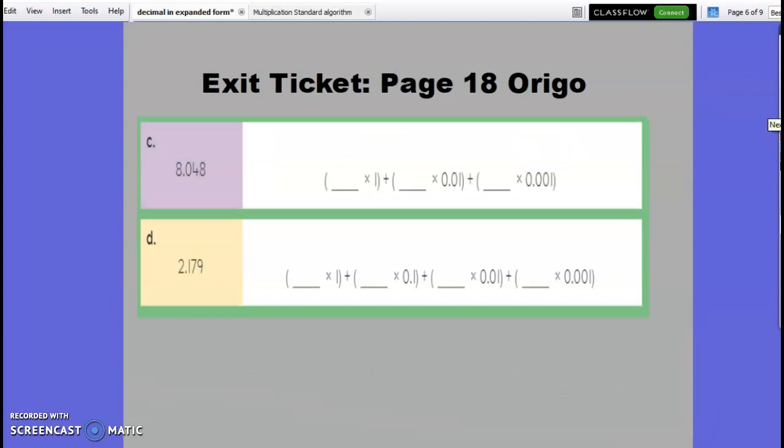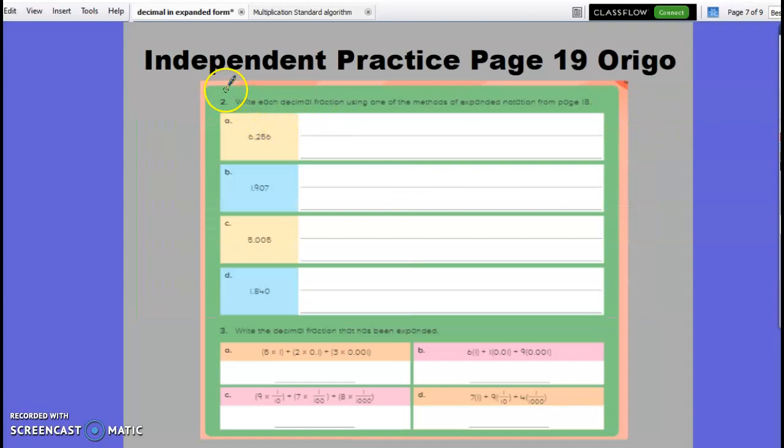Okay, the exit ticket is for you guys on page 18. This is how I want you guys to do it. I want you to try C and D on page 18 to do them on your own. And then I am going to check back in with you guys to make sure that you are doing this correctly. When we get to the independent practice, I will be walking through number 2A and number 3A